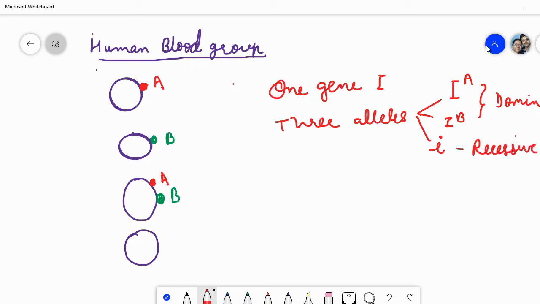Recessive allele. So this is an example of multiple allelism, because here only the one gene is shown, or one gene has 3 alternate alleles. So that is why it is also an example of multiple allelism. Multiple alleles, right? And so now we can understand that if the IA allele is present, then that condition will be